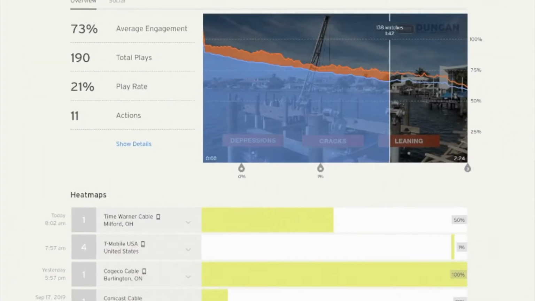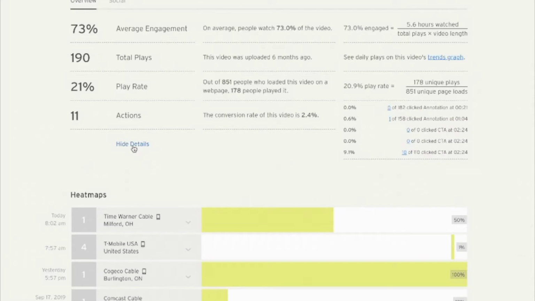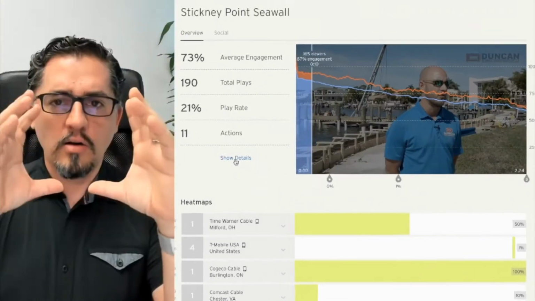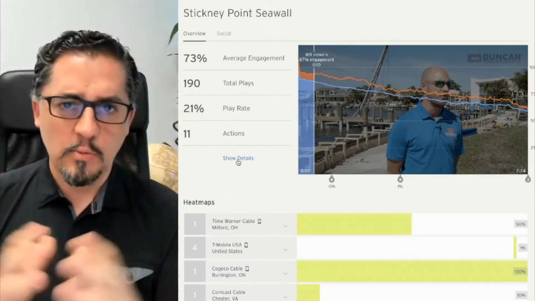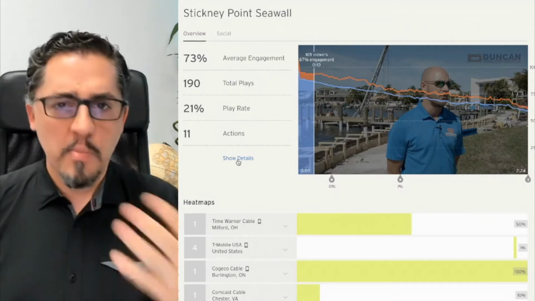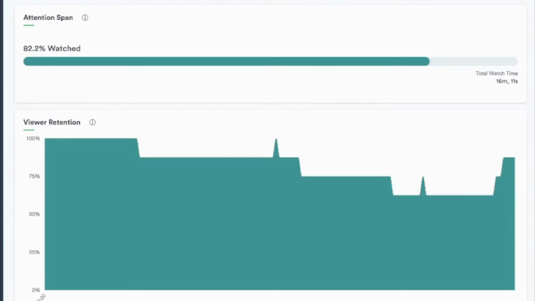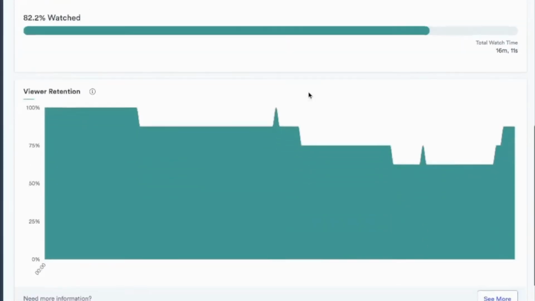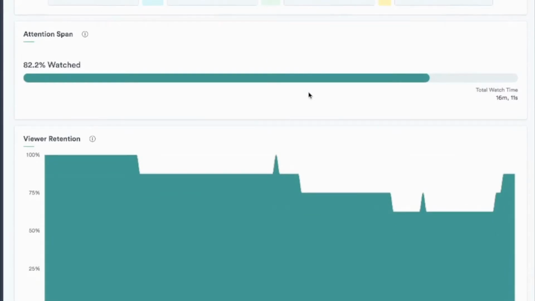When we're talking about analytics, you can see that Wistia's analytics is pretty robust, and they give you a lot of data in a very compressed space. And that's part of the UX experience; the user experience of Wistia's software and platform is amazing. You can really get a lot of information out of very, very short places. You can see that Vidyard might have more information, but it's a little clunkier. It's a little different, and again, you need to get used to that kind of stuff. Not that you don't get the data, but the data is showcased in different ways.